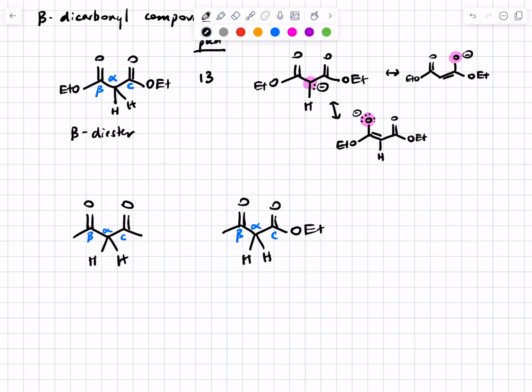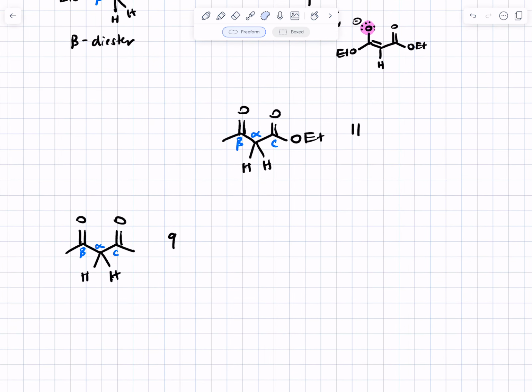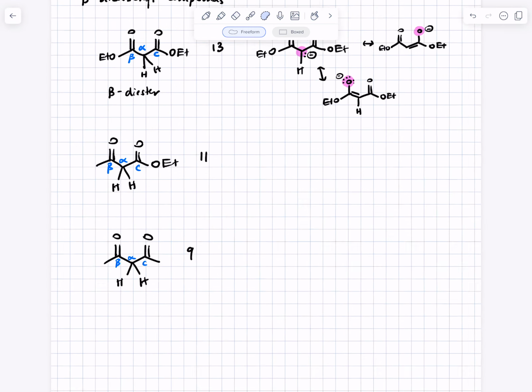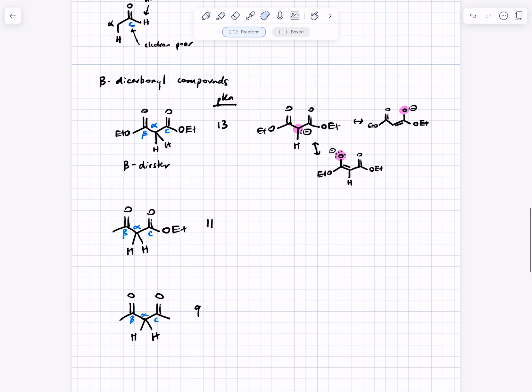And in fact, that number's pretty low as well, pKa of 11. How about for the beta diketone? More acidic or less acidic than the beta keto ester? Even more, right? Good. And this number's ridiculous. Like, this is a ridiculously low pKa, 9. That's low enough to be removed by ammonia or neutral amines, which is really out of this world for carbon-hydrogen bonds. Okay, that's good. So, questions so far about